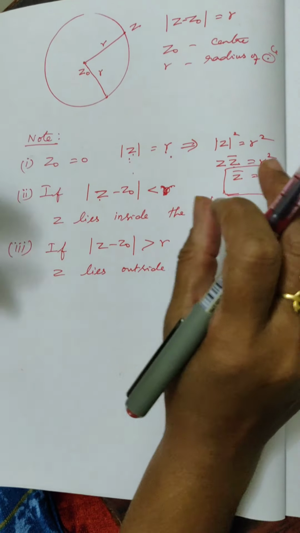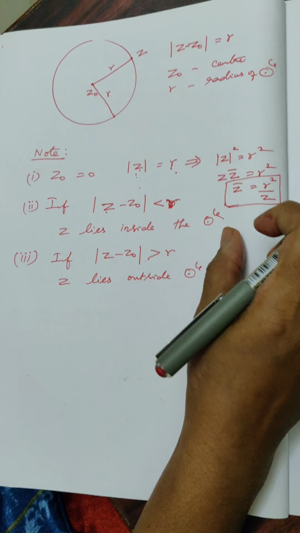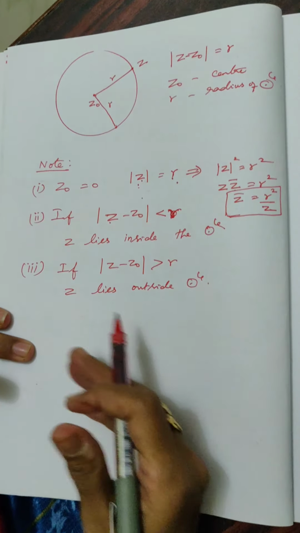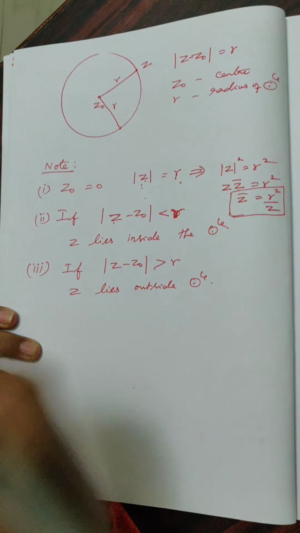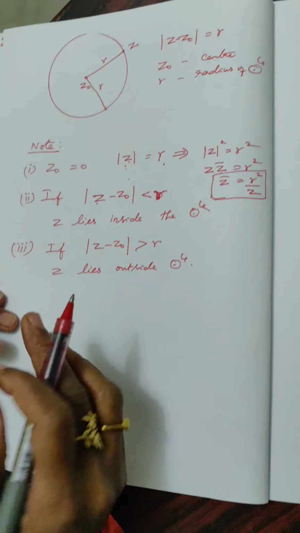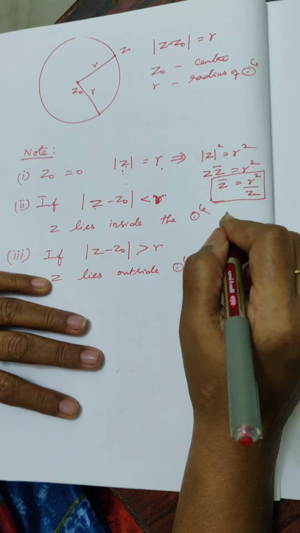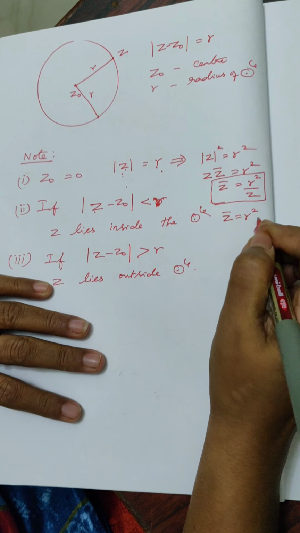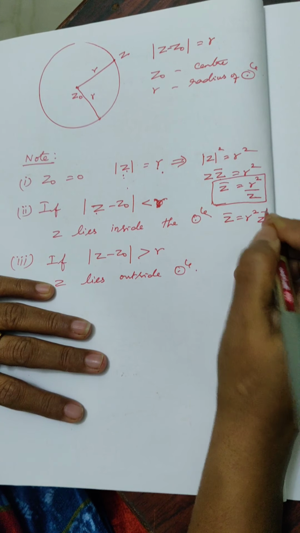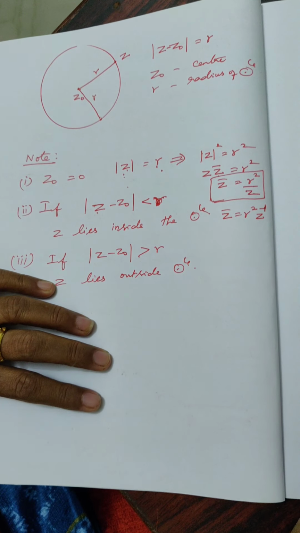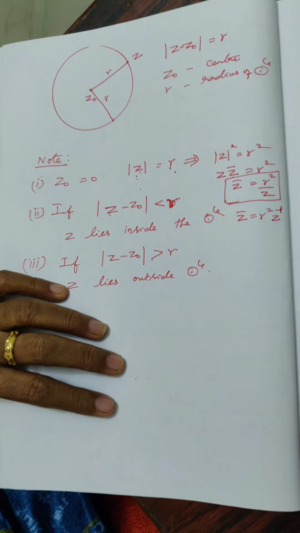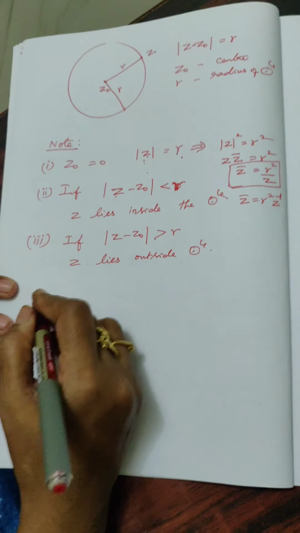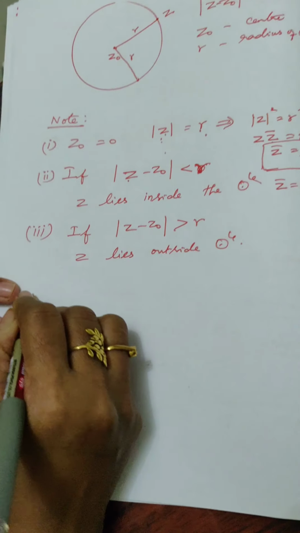So if you know the concept, you can apply it at various levels, so that you will get thorough in that chapter. Okay, next result. Now you can write this also as z bar is equal to r squared into 1 by z, which is nothing but z power minus 1. This can be asked in your talent exam questions also. Let me see an example.